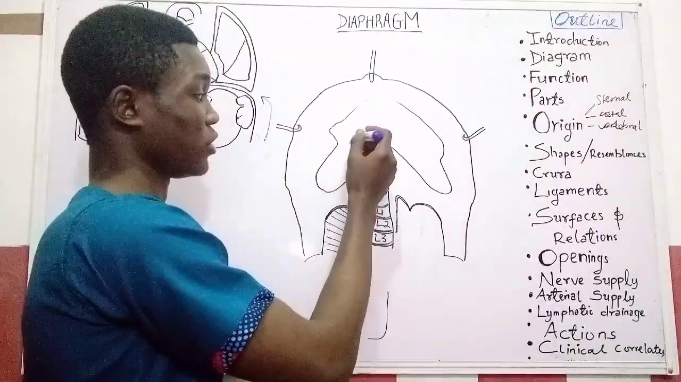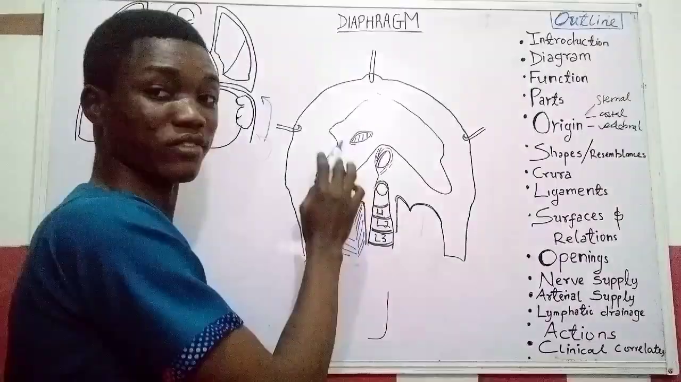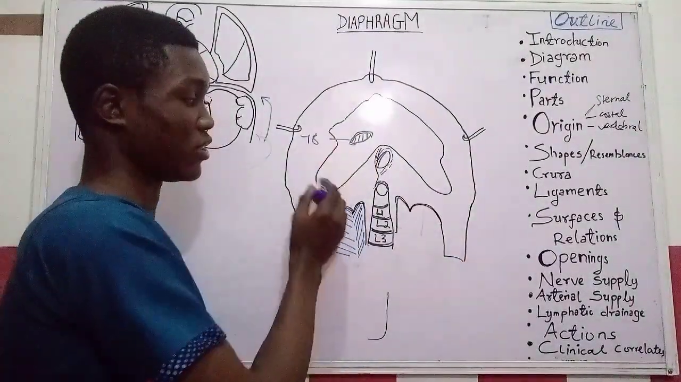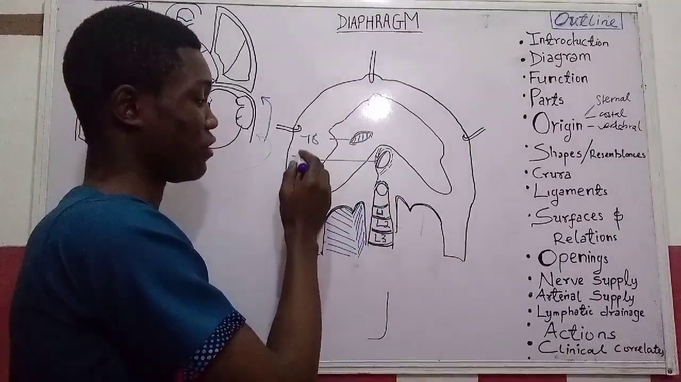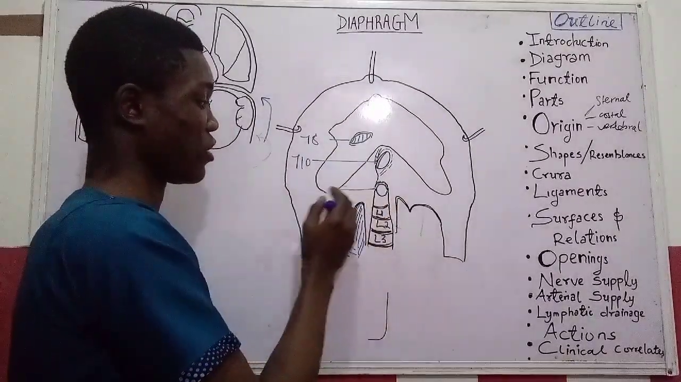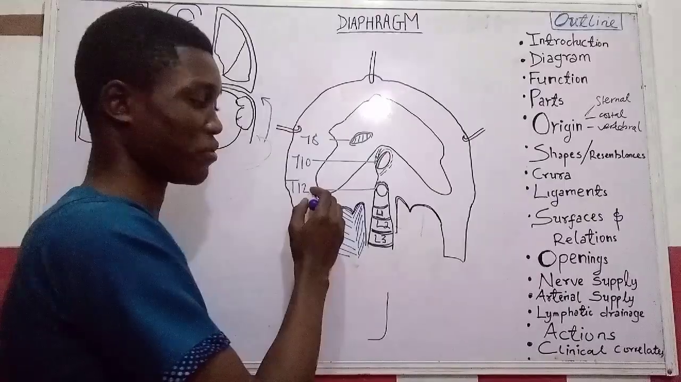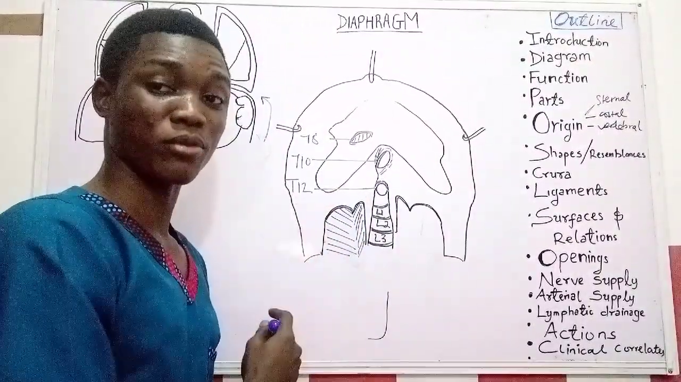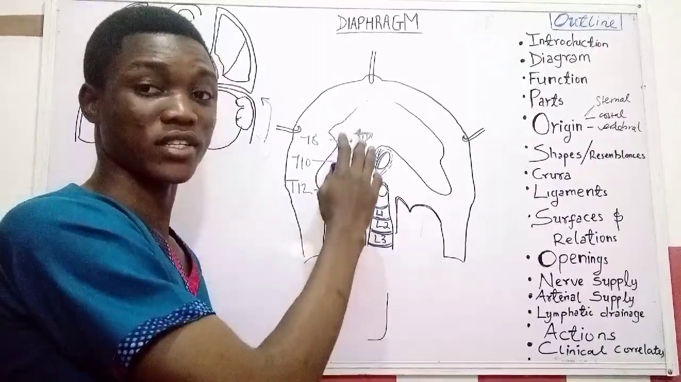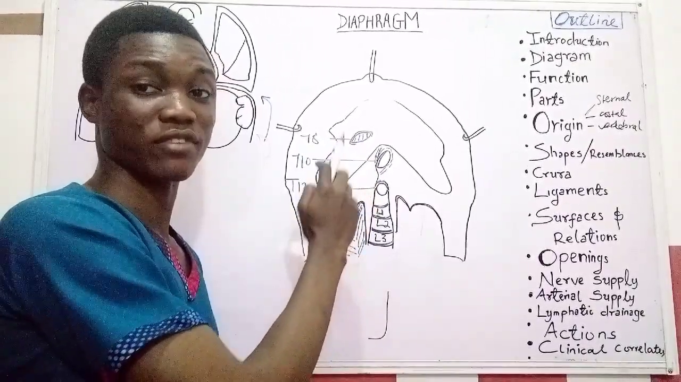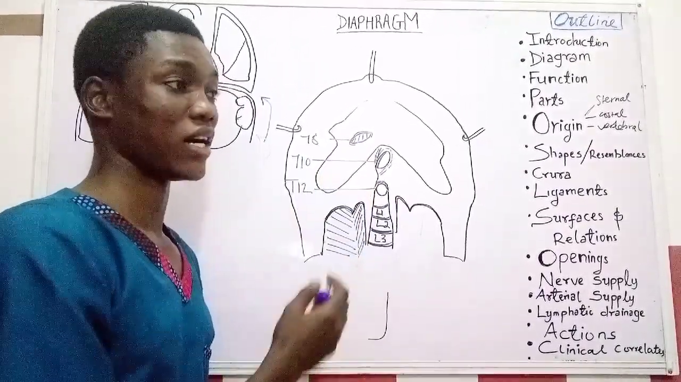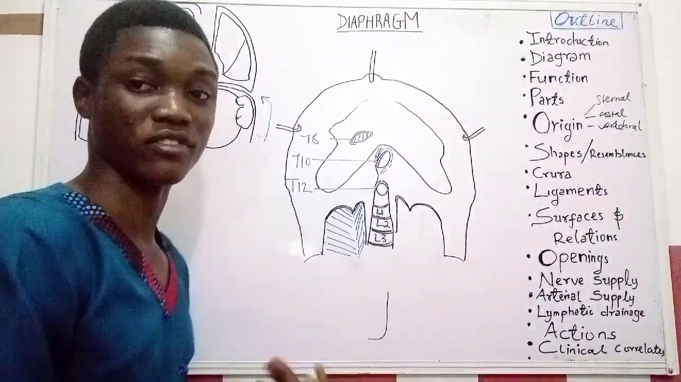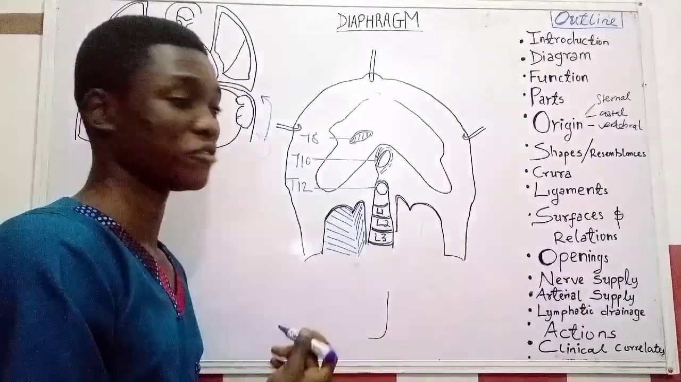For the vena cava opening, this is the vena cava opening. It's at the level of T8. The esophageal opening is at the level of T10, and the aortic opening is at the level of T12. The aortic opening is at the level of the lower border of T12, while the esophageal and the vena cava openings are at the level of the T10 and T8 vertebral bodies. Okay, so